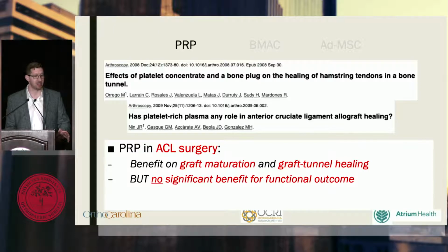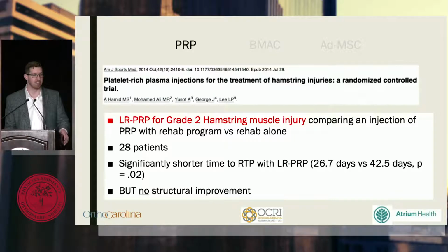PRP and ACL surgery may benefit graft maturation and tunnel healing, but has not shown the same benefit on functional outcomes from the currently available literature. So it's still being evaluated. And finally here, leukocyte-rich PRP when compared with rehab alone had significantly shorter return to play for athletes when used in grade 2 hamstring muscle injury. So again, just a spattering of some of the studies that are frequently referenced in these types of talks as we try and look at where PRP has been beneficial, and we're continuing to try and evolve our understanding and